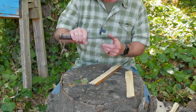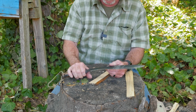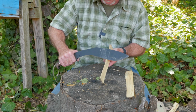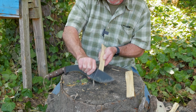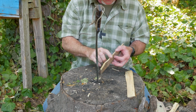Now, being that this is a pretty heavy knife, almost 1.25 pounds, we're going to try to find the control point of it. So down here, you're not going to have much control unless you reach down here and try to do this with it. And you might could do that with it. You could also do this with it. We'll do it like this. And then we'll try to just...